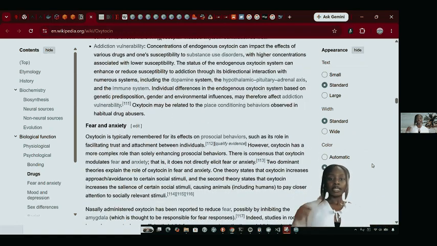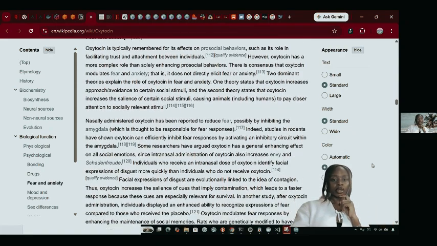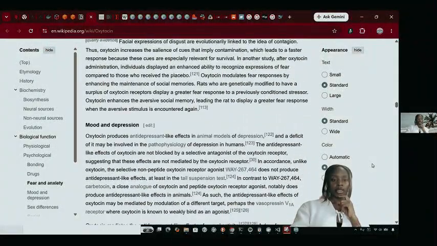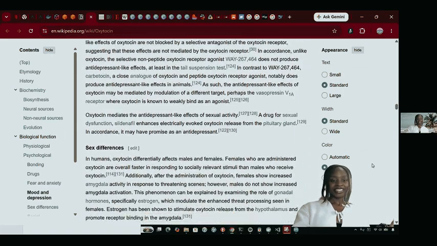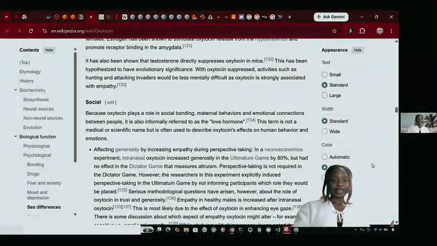Just so you know, you can self-stimulate oxytocin. I would talk more about it as we go on, but just for now, like self hugs or wearing fabrics that cause low grade stimulation on your skin, you can induce oxytocin in that way. Yes, oxytocin produces antidepressant-like effects in animal models of depression. So very interesting to see.